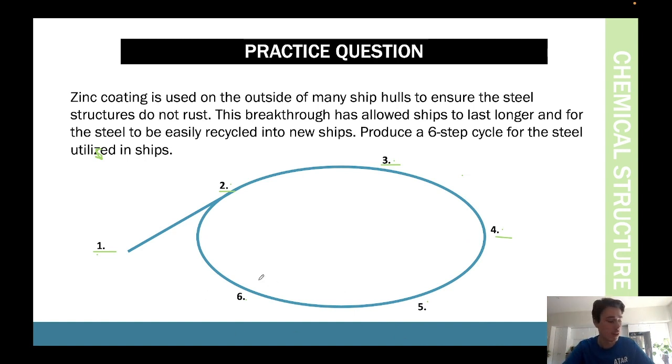6, you're going to reprocess that steel. So you're going to remove the rusted steel. You're going to get all of the steel that's in good condition and you're going to melt it back down. You're going to send that melted down steel back off to be refined again, and then you're going to send that new refined steel, which may be a little bit less than what you started off with, but it's mostly what you had, back to the ship company, which will make more ships. And that is what your 6-step process is. So that's how I think about that process there. And that's a really important concept to understand, how we sort of